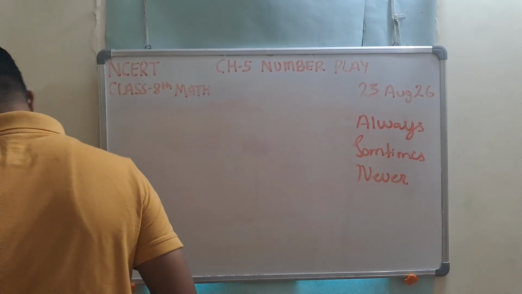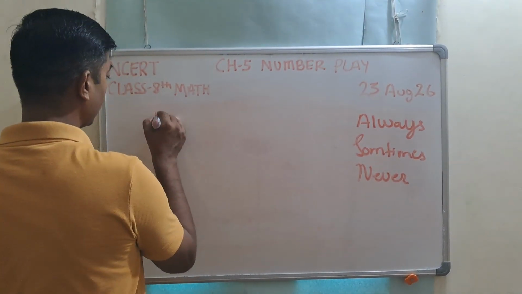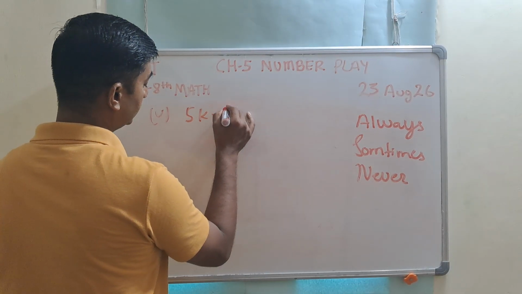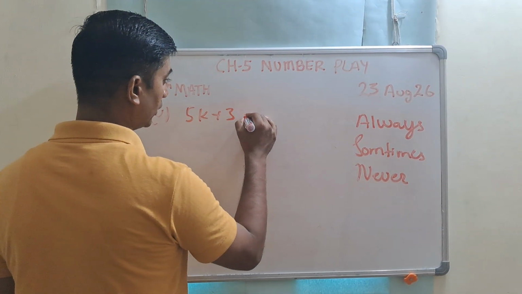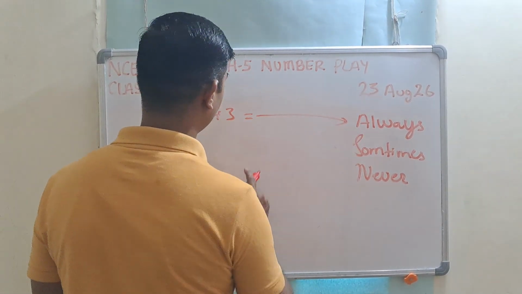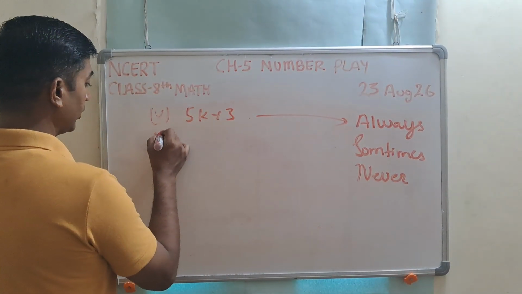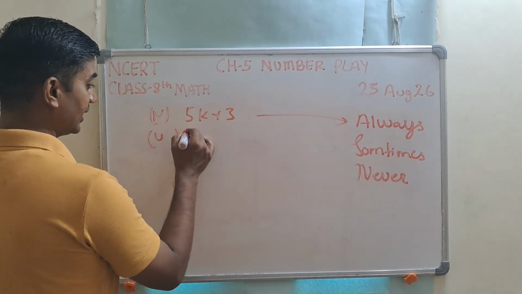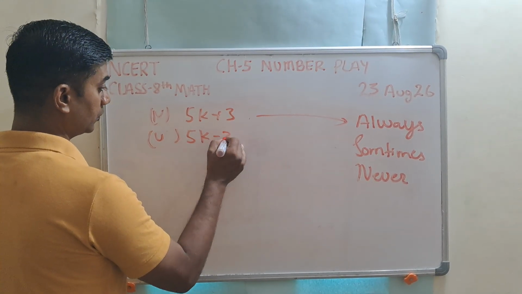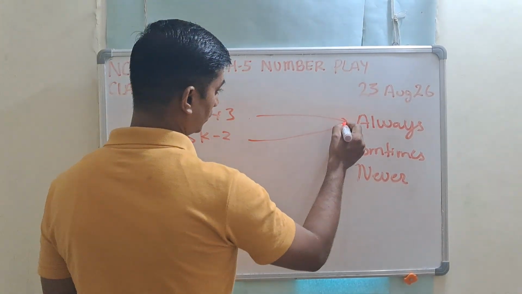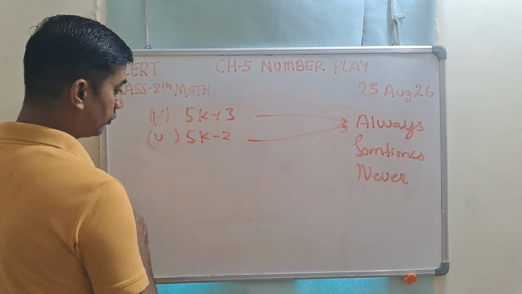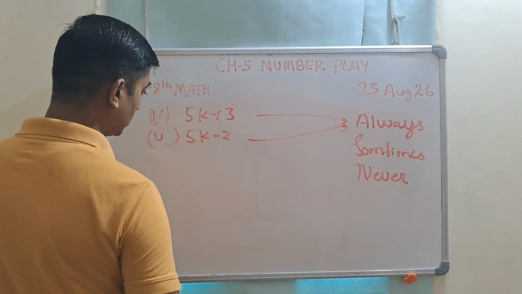The next one is 5k plus 3. We have already seen 5k plus 3. This is always true. This is the case of always true. Understood. Now the second case is 5k minus 2, and this case is always true. This is also always true, that you can see if you put the value of k equal to 2,